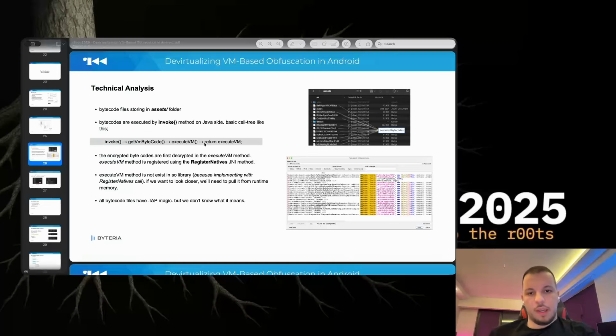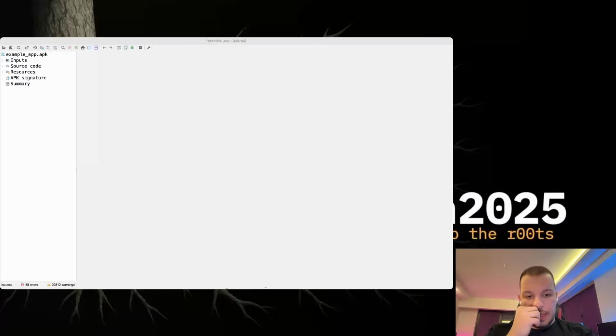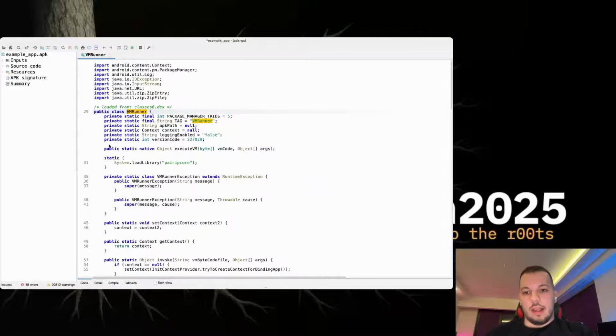Okay, we have enough information about the PayIP protection. Let's open the app in JADX and take a closer look. So I have an example app for closer research. Let's open the search button and search for VM Runner. We have the VM Runner class inside the com PayIP package. Let's open it. And as you can see, the execute VM native method declaration is here. Its return type is object